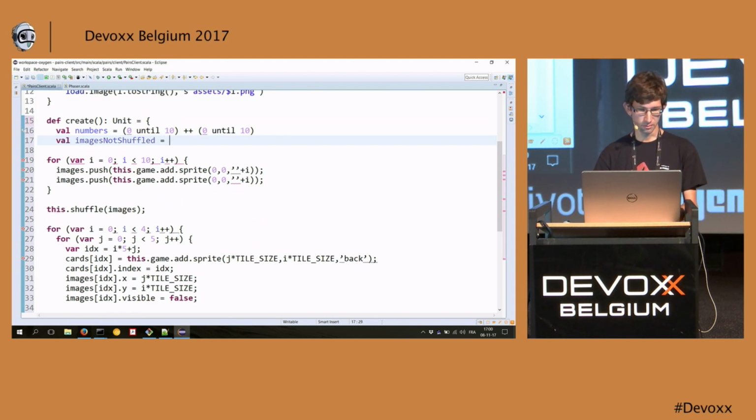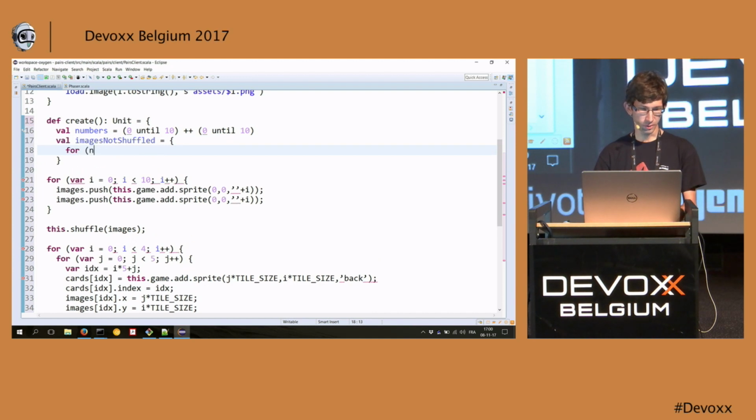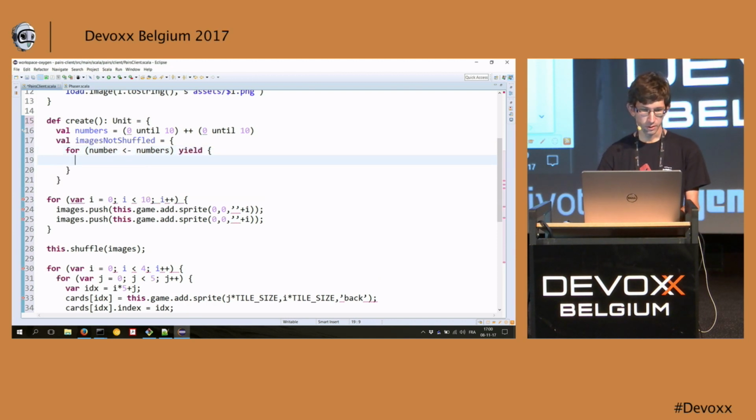would be something like, for each number, I'm going to need one sprite. So I will have this.game.add.sprite, copying here 0, 0, and the key is empty string plus i, which is actually a number turned into a string. It's a little bit better. Okay. So